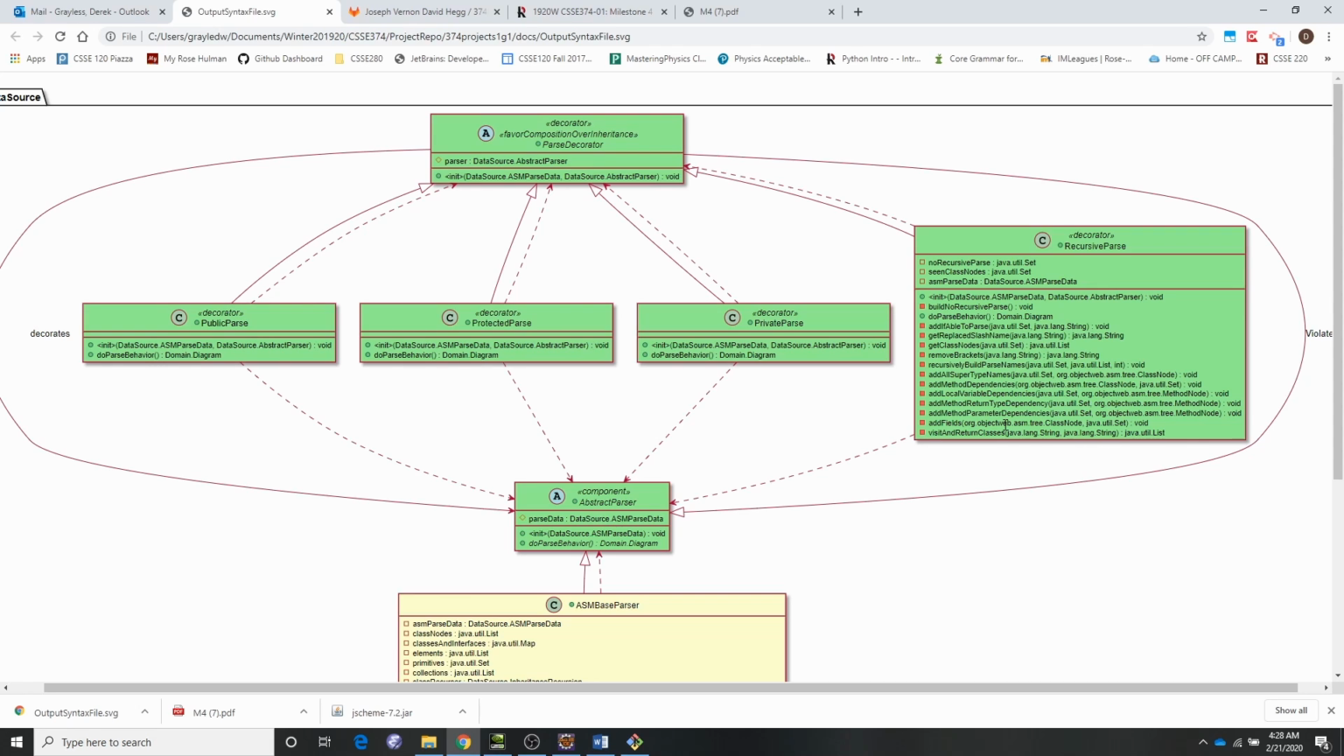Joey mentioned earlier that there was an edge case. Normally we don't detect the favor composition over inheritance principle in the presence of the decorator pattern, and usually we don't declare something a decorator if it doesn't implement all the methods of the thing that it's extending or implementing. But in this case, abstract parser is an abstract class, and it declares an abstract method called doParseBehavior. Now, since parse decorator is also abstract, it doesn't define this method within this class, and it allows the subclasses to handle its